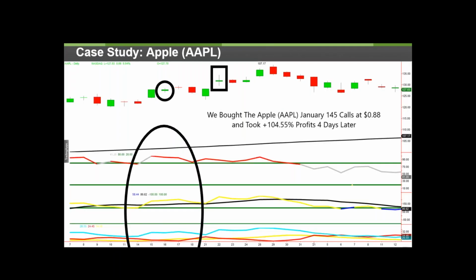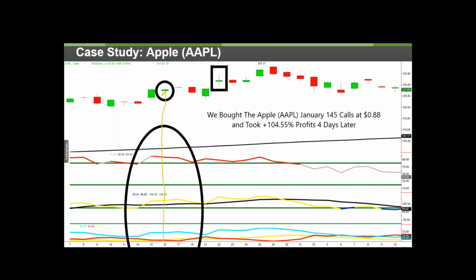So what's great about a name even like Apple, so we get into Apple and you think Apple's too slow. It's got so much cash. What are they up to? Over $200 billion they're sitting on in cash. So it's almost like a cash substitute, very, very conservative equity position, right? But yet institutions love it because they can pile into it very easily and get exposure when they want to get exposure. So the beauty of this is you see that Apple's giving us our signal, all systems are go